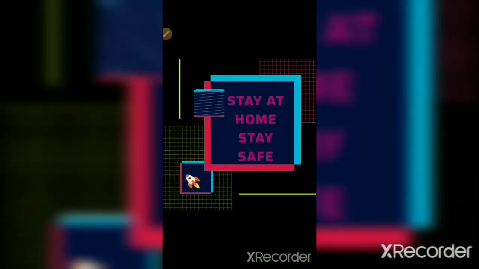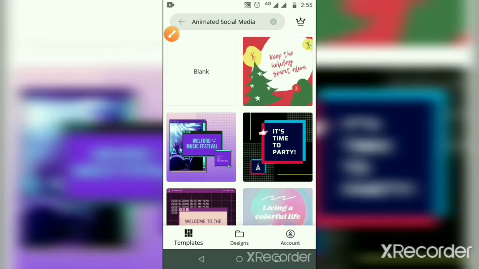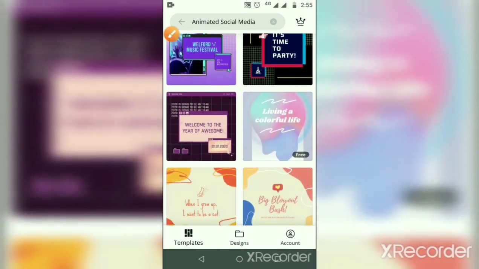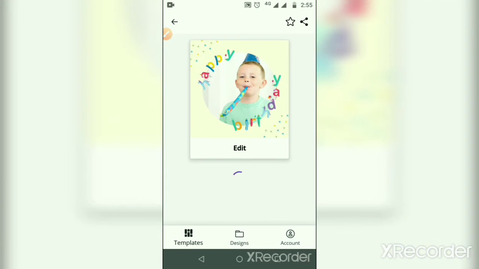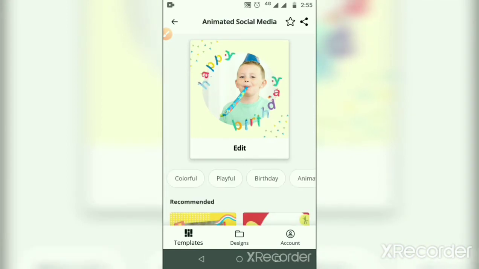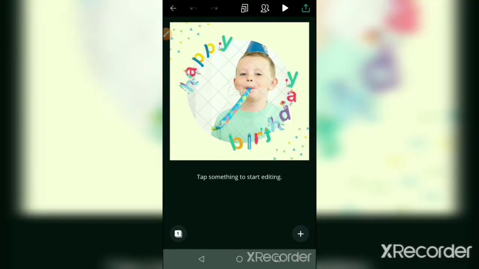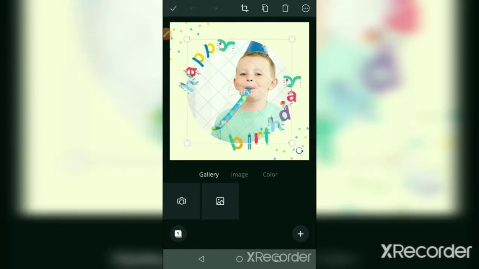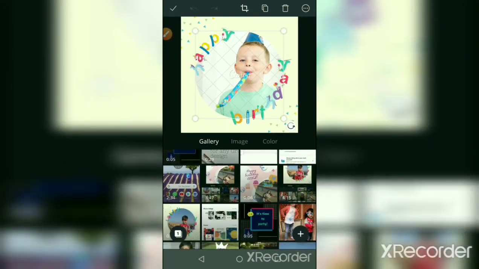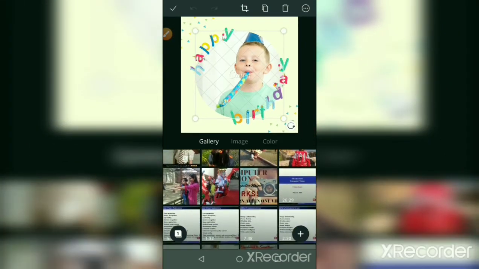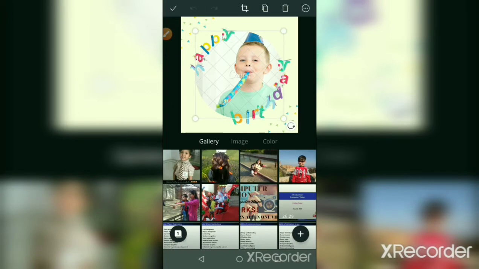Now we will see another example. Just click on this particular template. Click on edit. Just click on the center. Select an image. If you want to change any image, just select it.